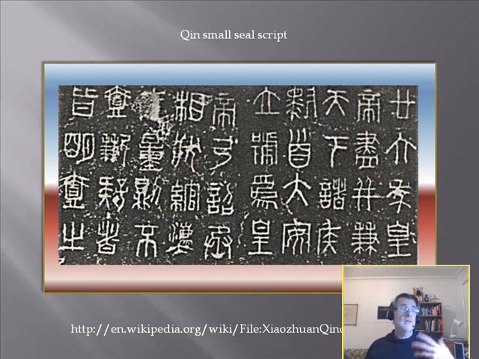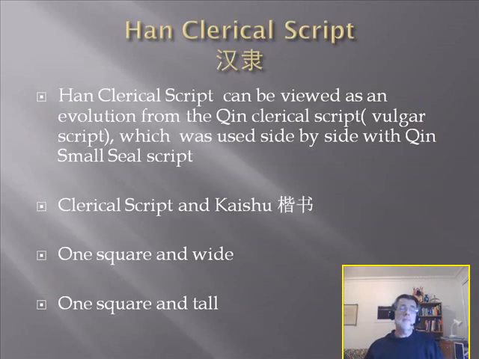small seal script. The next stage in our development is called the Han clerical script. So this was, as we say in our slide, an evolution from the Qin clerical script, which was maybe referred to as the vulgar script. It's like a common script used by common people. And this Han clerical script was used side by side with the Qin small seal script. So it's often referred to as